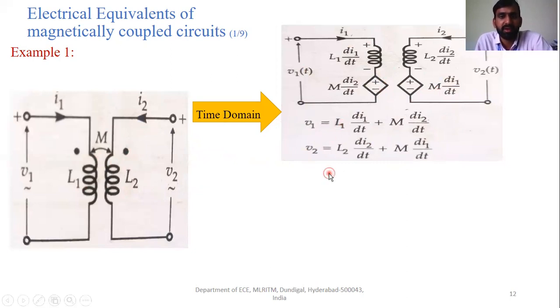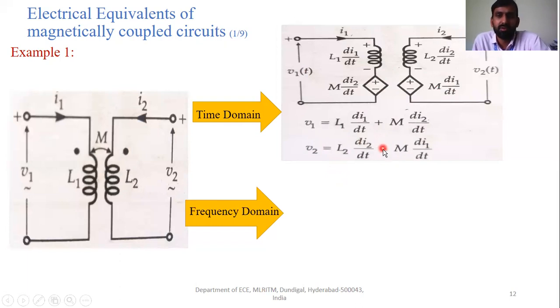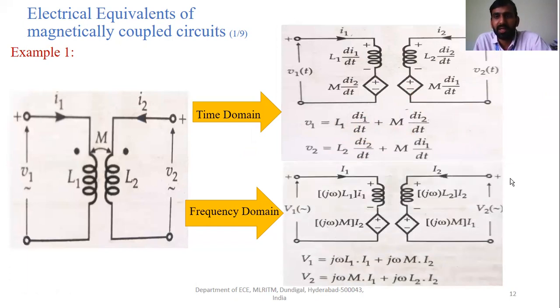When you are converting into the frequency domain, how do you convert? If a signal is represented in the time domain and we want to convert it into the frequency domain, then using the Fourier transform, we simply multiply the signal by j2 pi f. That is the basic concept from the Fourier transform, to convert a signal from the time domain to the frequency domain. So here, if you want to represent the same circuit in the frequency domain, you can take it as follows.